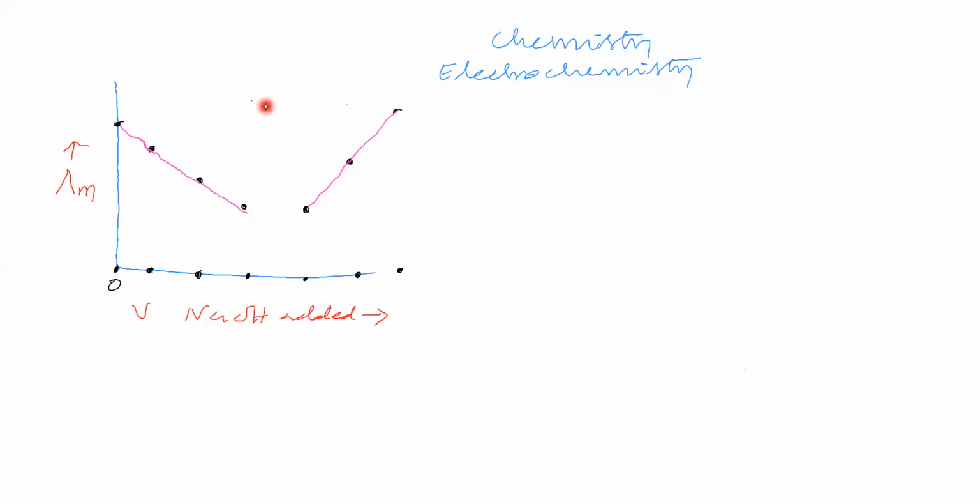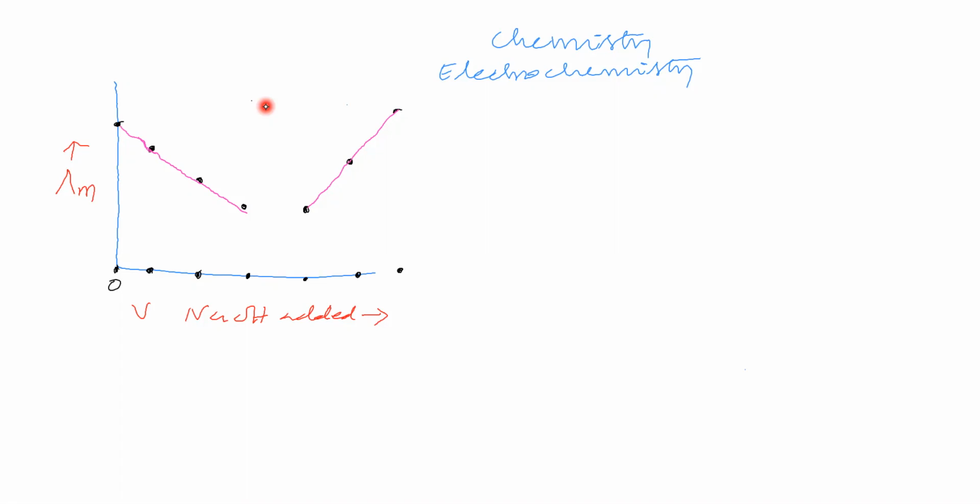Suppose the equivalence point is this. If we say it is the equivalence point, then this is the volume of sodium hydroxide solution required for complete reaction. If you know the volume of sodium hydroxide solution required for complete reaction, then we can find the unknown term. That means we want the equivalence point. For that case only we came for this graph, we have done this experiment.